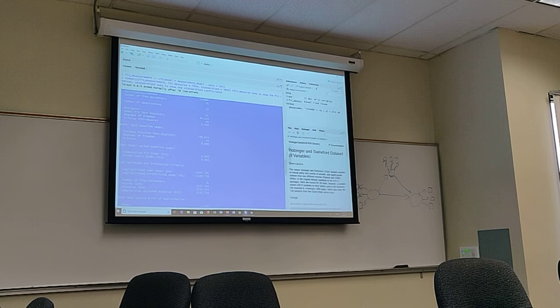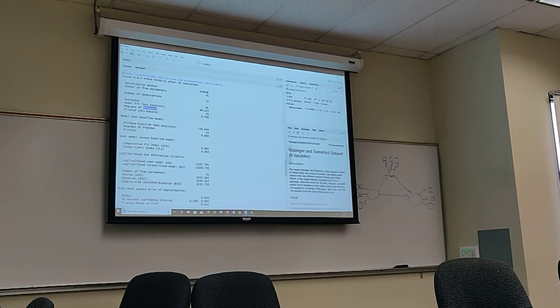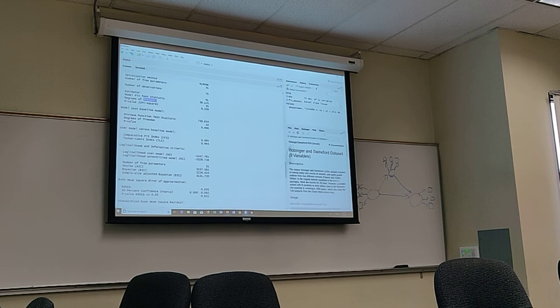These are the information about the model. You can see degrees of freedom, 31. This is the chi-square model fit test, chi-square 38, with the degrees of freedom. So RMSEA is there, CFI,